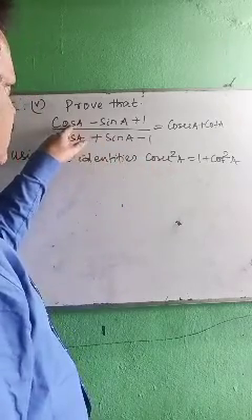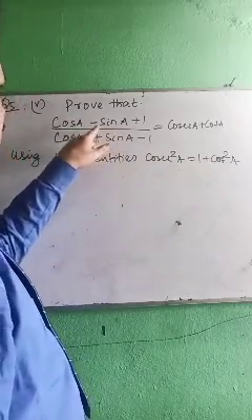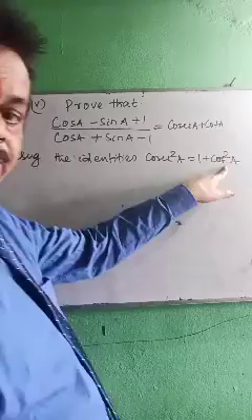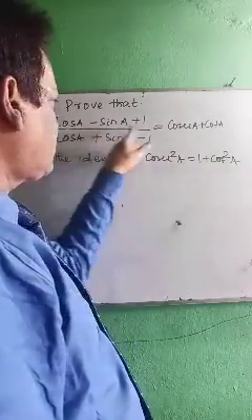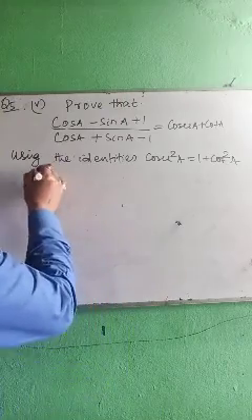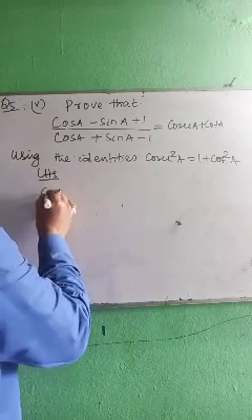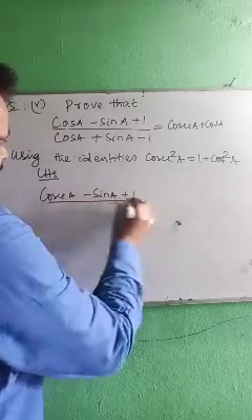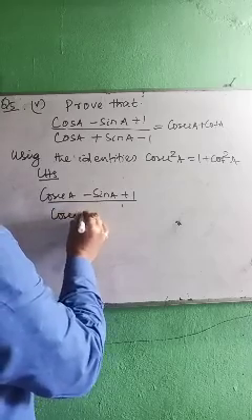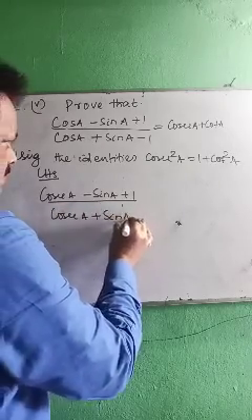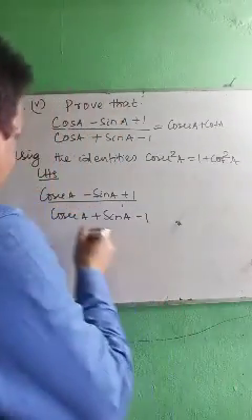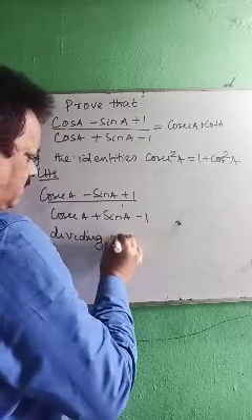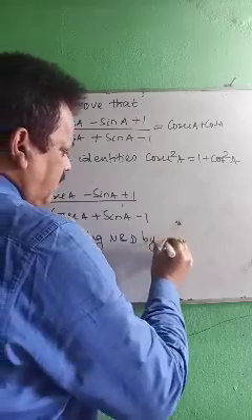So that means you have to convert to cosec and cot. Look at here. How to make it cot? If you divide by sine, that will become cot. So first clue, if you divide by sine, then only it will be cot. So take the left hand side, cos A minus sin A plus 1 by cos A plus sin A minus 1, dividing numerator and denominator by sin A.